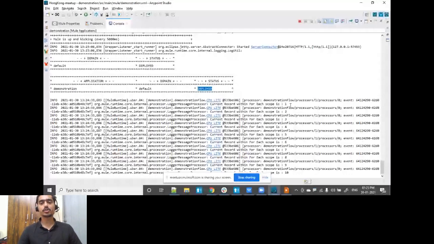In this, there are characteristics to remember when we talk about for each. First thing is sequence of data is very important. So in the same order in which you feed the data to the for each scope, you will get the responses back. The second thing is, by default, it will pick one record at a time from your collection. Third, another thing that you need to be aware of is, it is always a single threaded operation. So if you see on the left hand side, the same Uber thread is being used for processing all the 10 records.